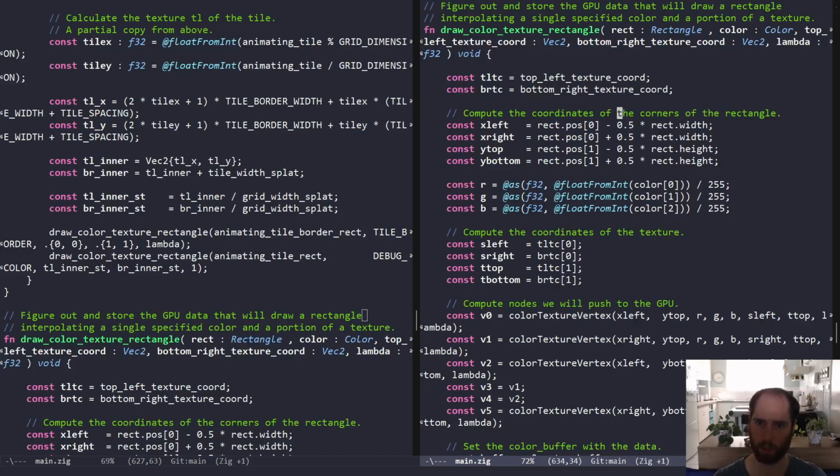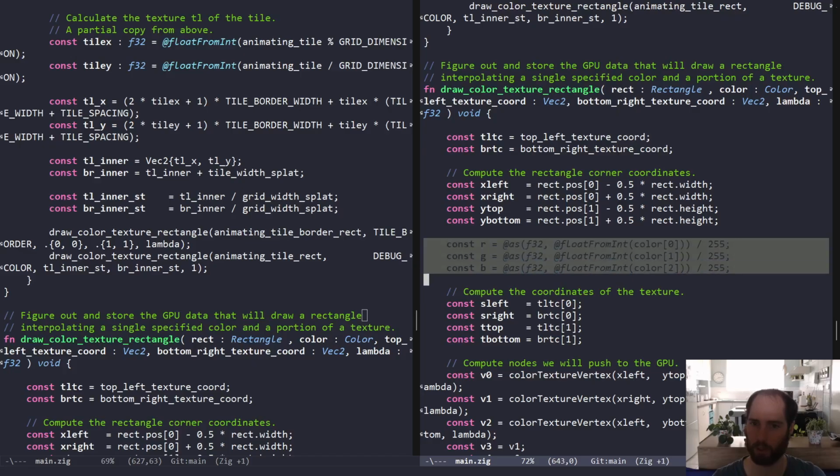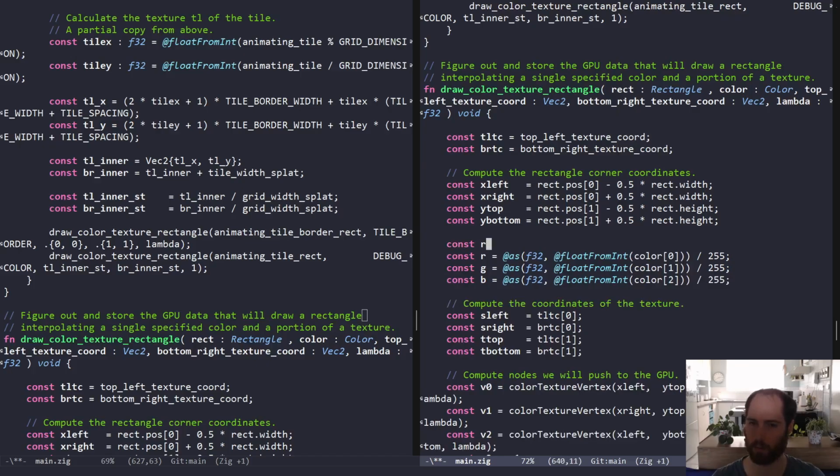Compute the coordinates of the corners of the rectangle, or rather compute the rectangle corner coordinates. That's almost a tongue twister. We can do better than this. Why don't we say RGBA F32 is equal to a vector for F32 float from int color, and then we just define each of these to be